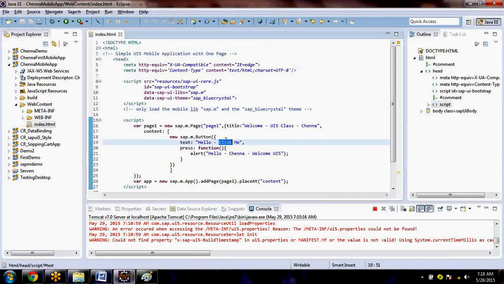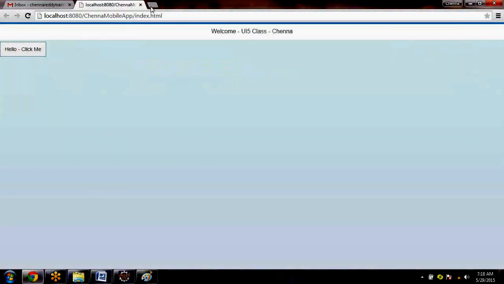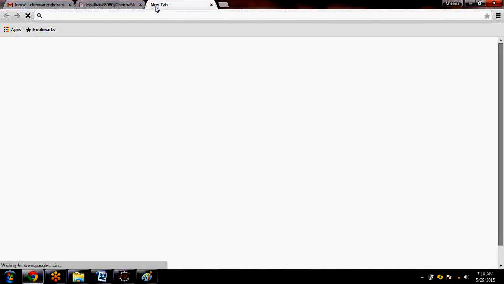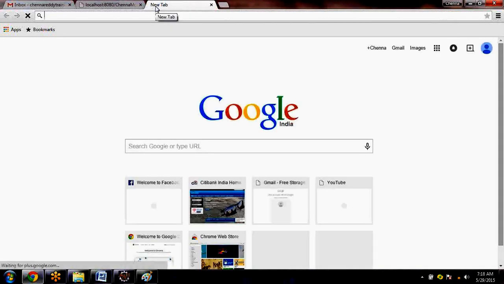And the image also, I don't want to put in my local project. I would like to get it from somewhere else. What does that mean? Let's see. Assume that someone developed, as yesterday Channa and Keshav were talking, right? How do we get the data from the databases?